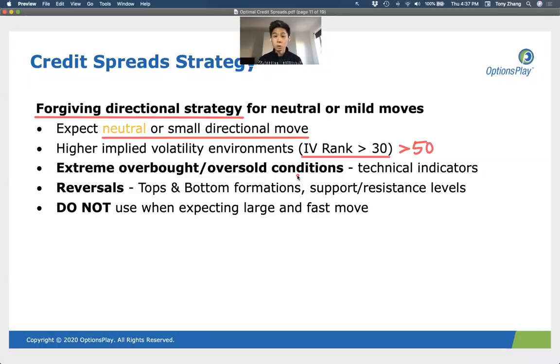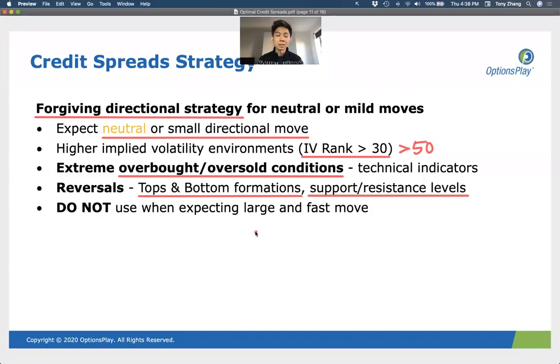Now, from a directional perspective, like I said, even though it is a strategy that gives you better returns in a high implied volatility environment, you still need to get the direction right. So you generally want to look for extreme overbought or oversold conditions using technical indicators. You want to look for reversal points, whether you're looking at top and bottom formations using chart formations, or if you're looking at support or resistance levels. These are all suitable ways to determine a potential reversal point at which you may want to sell a credit